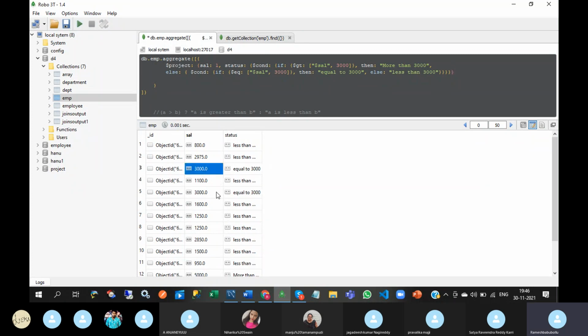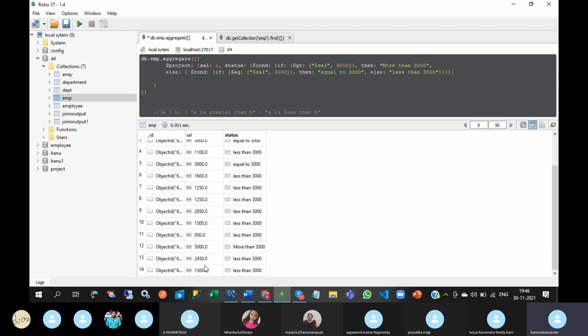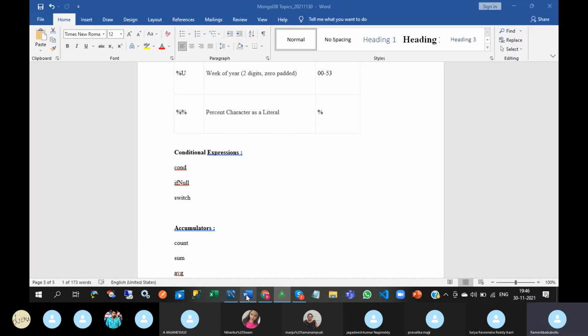See this, for 3000 we can get equal to 3000. For remaining, if it is less than 3000, you will get less than 3000. If it is more than 3000, you will get more than 3000. Okay. So this is about conditional operator, just like ternary operator in JavaScript or TypeScript. Next, if null.